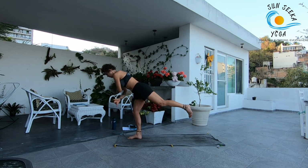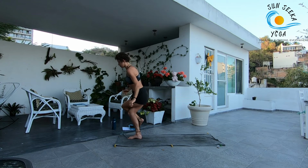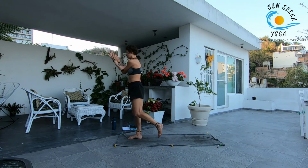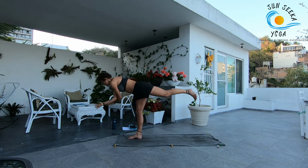And start to bend in through that right knee as you bring the left leg to cross over the right. Take the left arm underneath and wrap the arms. If you can't bring the palms together, just bring the backs of the forearms together. Wherever you are, reach those arms away from you as you sink the hips low. Slowly start to unwind the legs, come briefly through a Warrior 3, and then all the way down into your